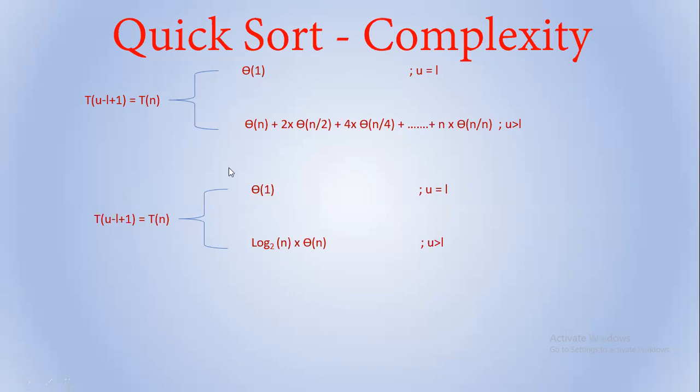So that means the quicksort will take less time when the input array is averagely sorted. When the input array is averagely sorted, it has a good complexity, that means a reduced complexity. In most cases, the input array is usually averagely sorted. We don't give an input array either in descending order or in ascending order. That is less probable, so the highest probable one is averagely sorted.